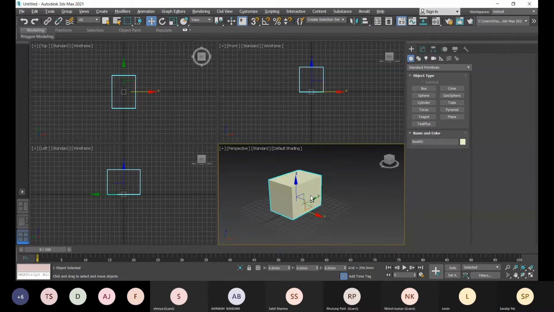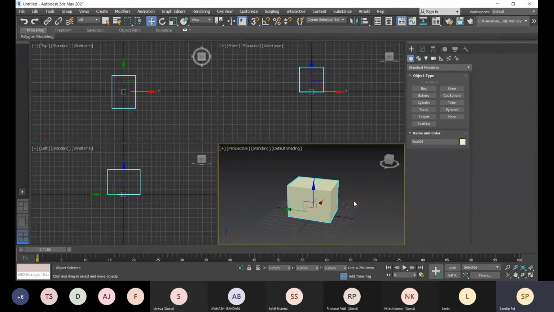Hold Alt and the mouse scroll button together, and then move your mouse in that direction to rotate your screen or tumble your view.